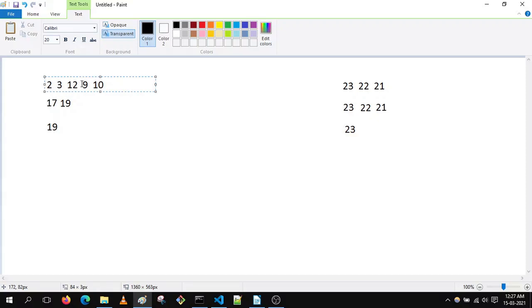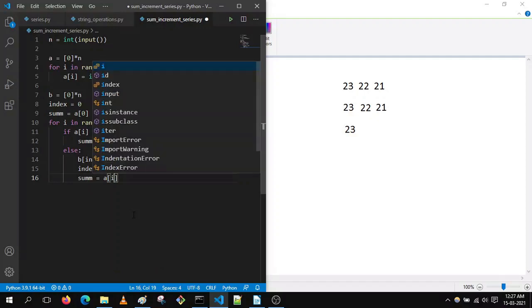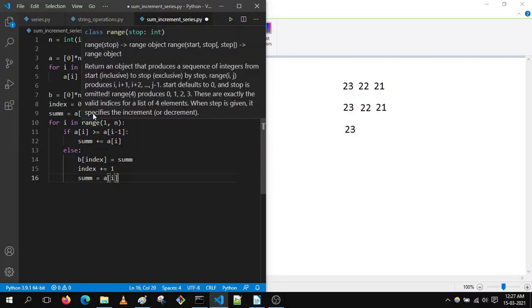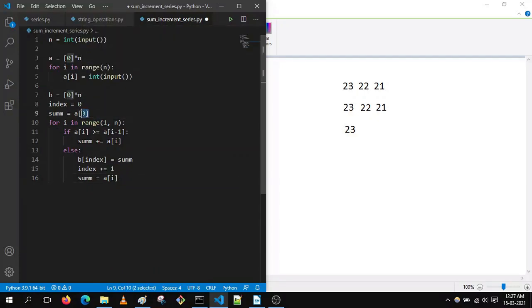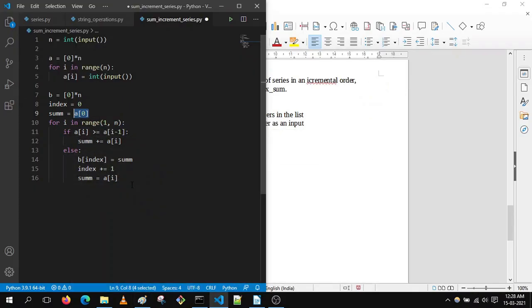We have to reset the value of sum to the first element of the new list. So we are storing the value of the current element inside sum, the same way we are doing here with a of 0. Initially we set the value of the first element to the sum variable, and the same way we are setting the first element of the new list to the sum variable.